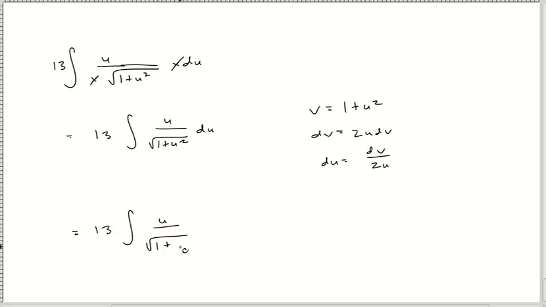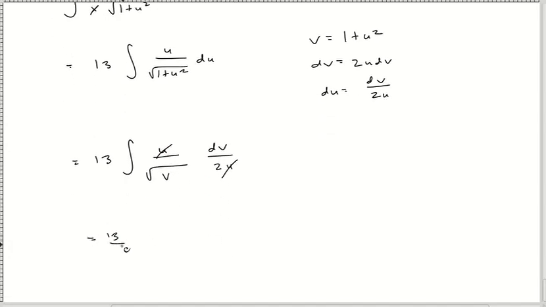1 plus... actually, it's not 1 plus anything. It's just going to be my v down here, just straight up. dv over 2u, my u's cancel. The 2 comes out to the front. And so I actually got v to the negative 1/2 dv. So when I integrate, I add 1 to the power, and I divide by that new power. This half in the bottom flips to a 2 in the top, which actually makes the 2's cancel, leaving a